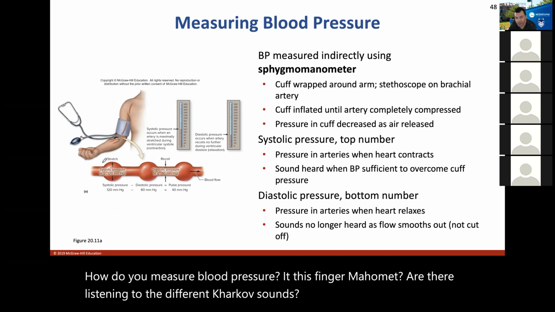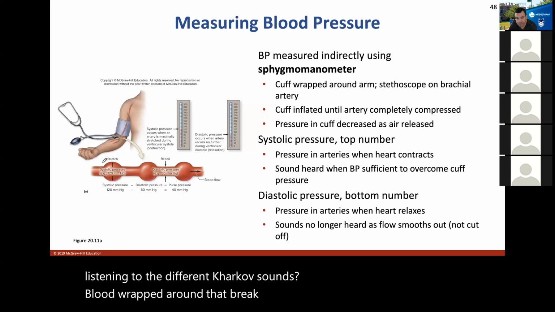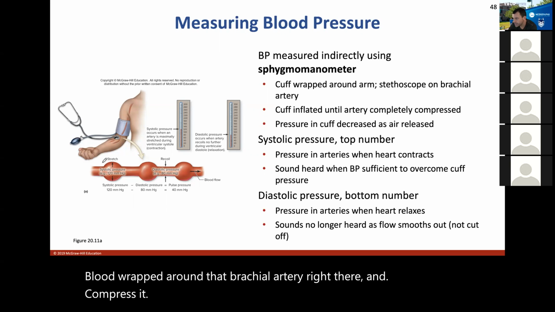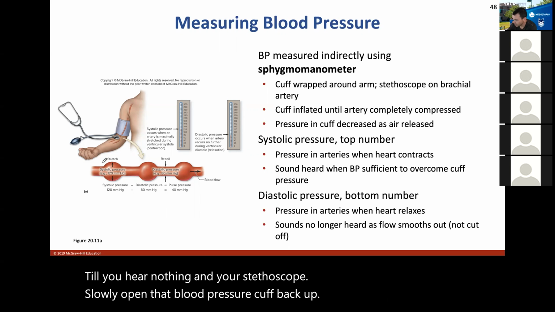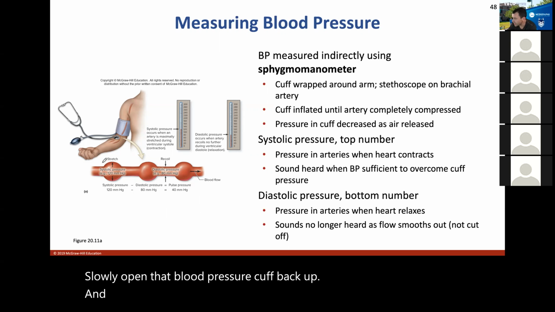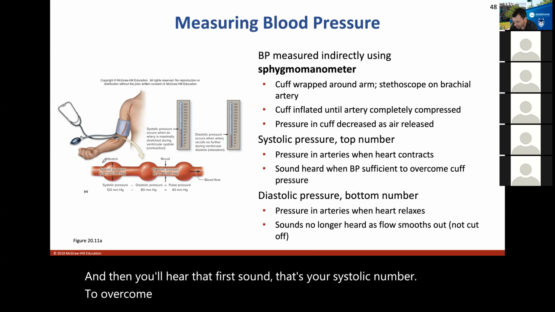Blood pressure cuff wrapped around that brachial artery right there, and compress it till you hear nothing in your stethoscope. Slowly open that blood pressure cuff back up. And then you'll hear that first sound. That's your systolic number, to overcome the pressure exerted by the heart,